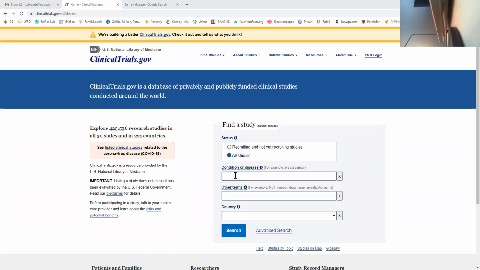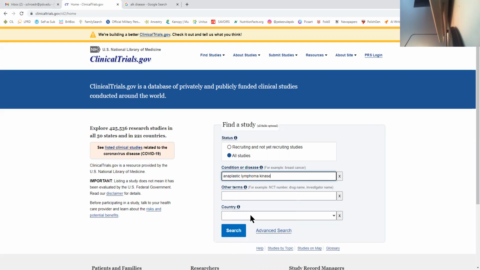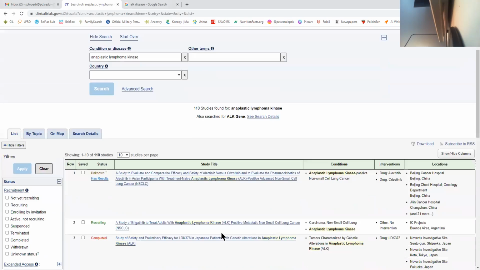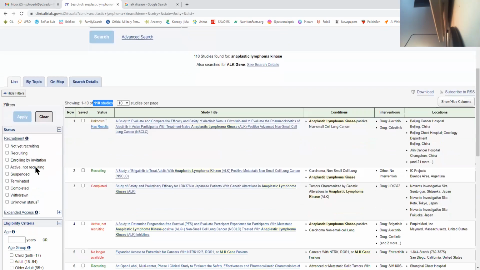So here's one search that I tried just to show you how you can play around with the database. I put in the full name of the ALK, and I thought I would just do a general search on that to see what was out there. I noticed that 110 studies showed up,